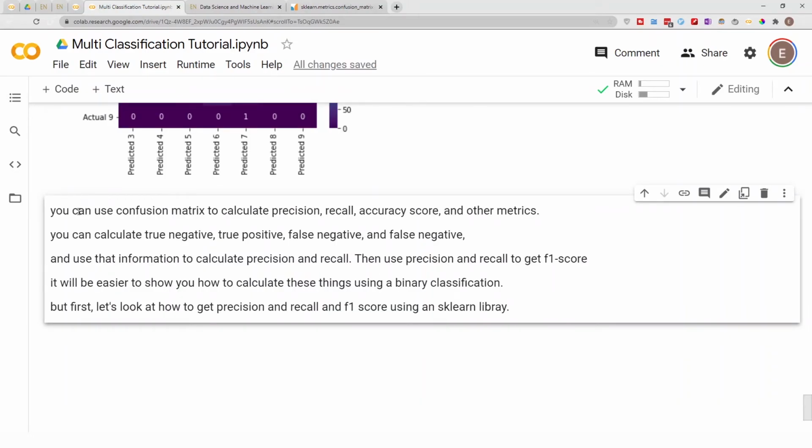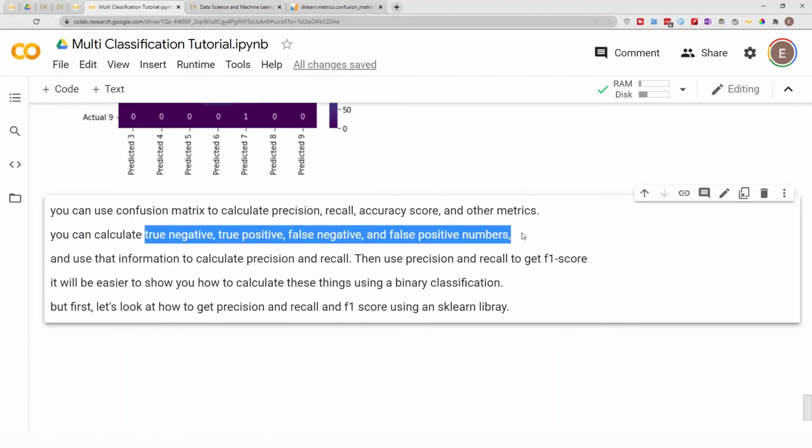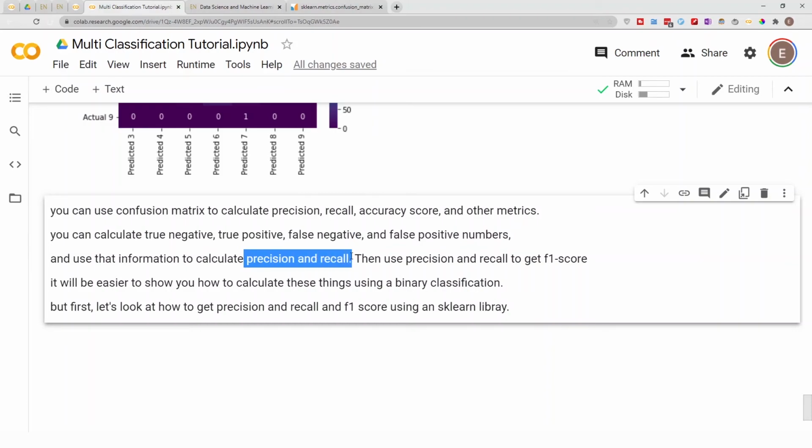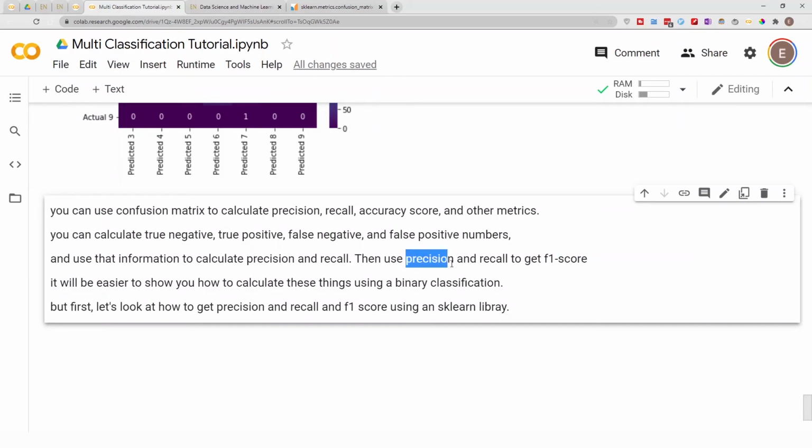So you can use a confusion matrix to calculate precision, recall, accuracy score, and other metrics. You can get the true negative, the true positive, false negative, false positive. So you can get the false positive numbers, and you can use this information to calculate the precision and recall. Then you can use the precision and recall to get the F1 score. But it will be so much easier to show you how to calculate precision and recall and F1 score using a binary